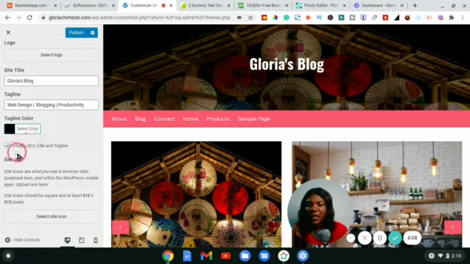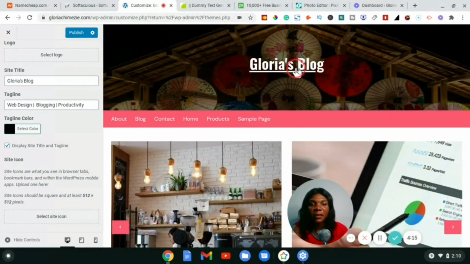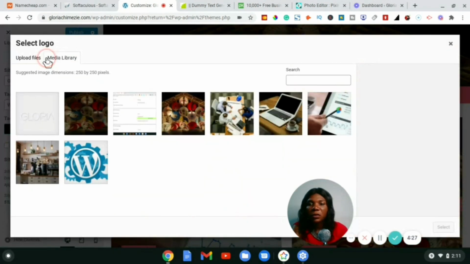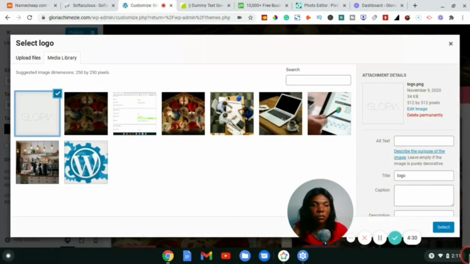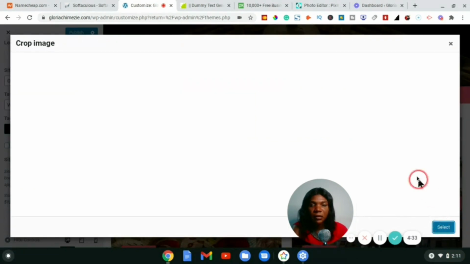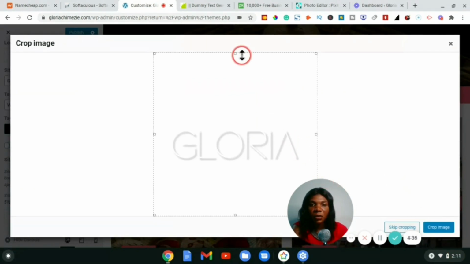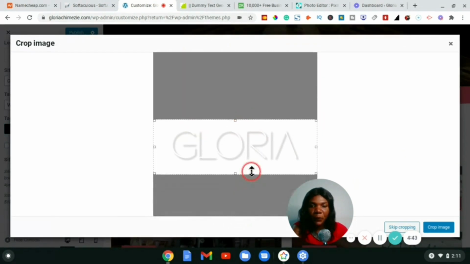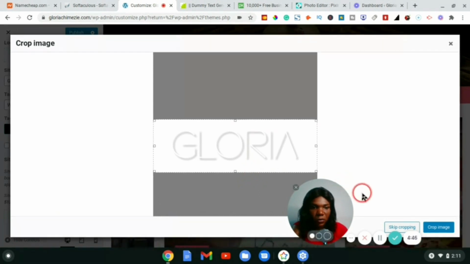I'm going to uncheck display site title and tagline, because Gloria's blog is actually my site title, and I also have the tagline there. I'm going to uncheck it, and then I will upload a logo. I have this one just quickly designed. It may not really be that professional, but I'm just going to make do with it for this tutorial. So I'll crop it out,